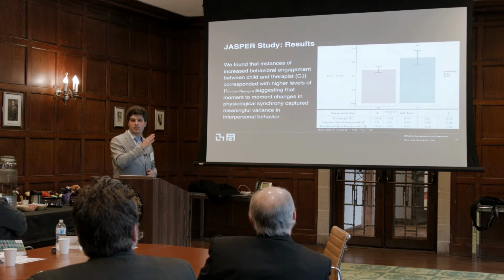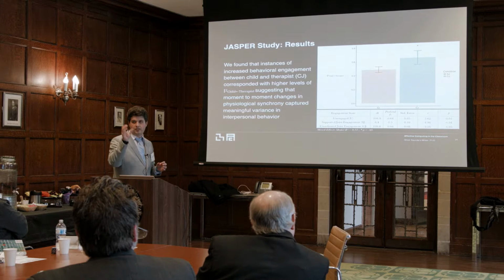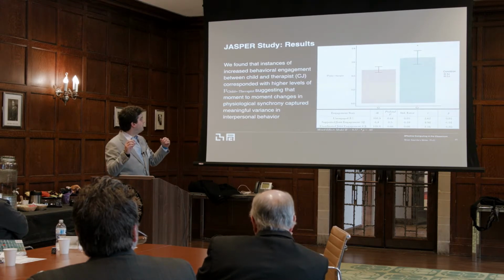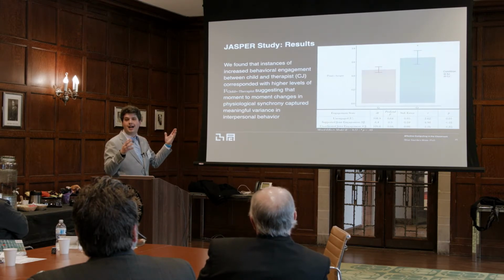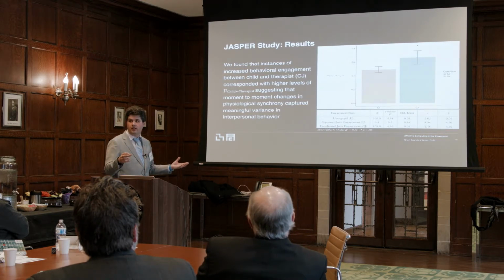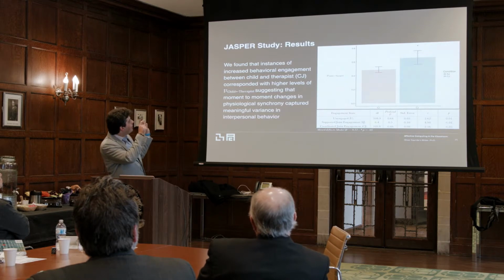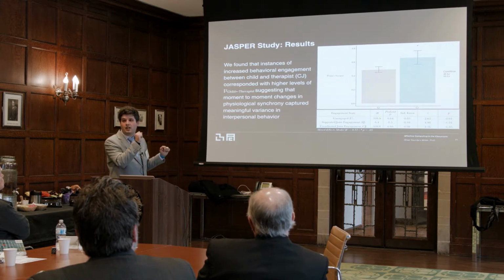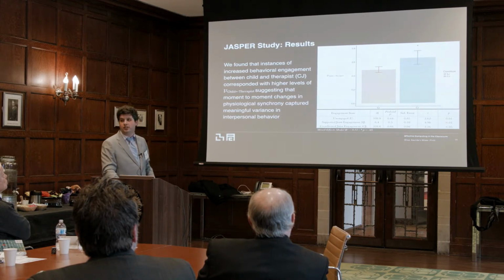So these are coded second by second throughout the interaction. And then we binned the instances where the therapist and the child were engaged in coordinated joint attention engagement, which is a higher level of engagement in their model, or supported joint engagement, which is sort of a lower level of engagement, and then unengaged. And then we compared the I-squared values that we were getting during those times. And what we found is that, as you'd expect, the coordinated joint engagement was associated with higher levels of interpersonal